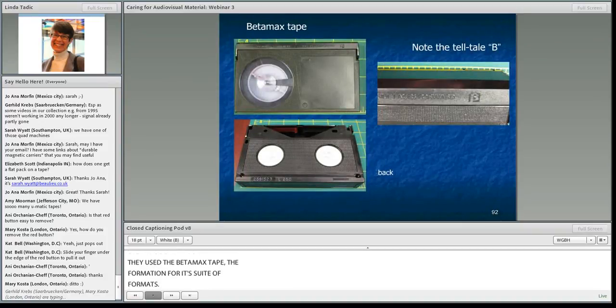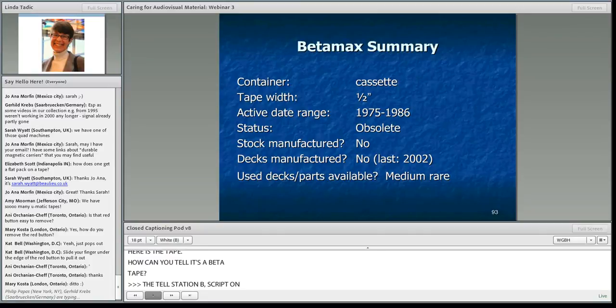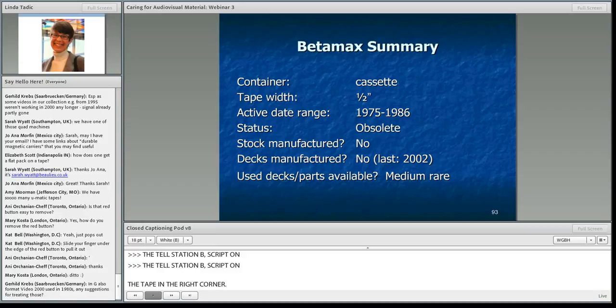Here's the tape. How can you tell that it is a Betamax tape and not some other kind of beta tape? Well, there's that telltale B, that little script kind of B that's on the tape up in the right corner. The summary, well, it is obsolete. The last deck was 2002. The active date range was up until 1986.